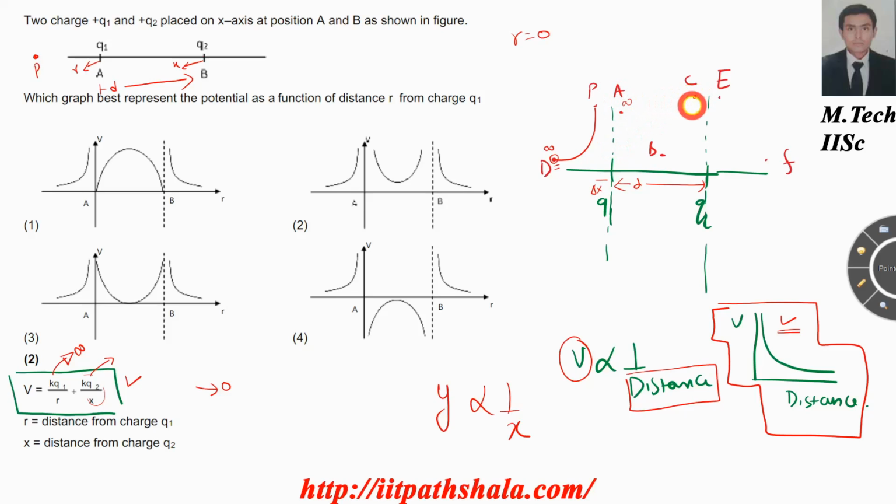At point C it will again equal infinity because x will be 0 at this point. So here I am having a graph shooting out to infinity. My graph is tending to infinity at point A and point C. At point B I know that it will have a certain value.